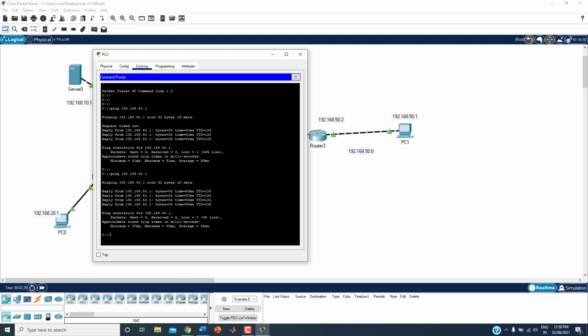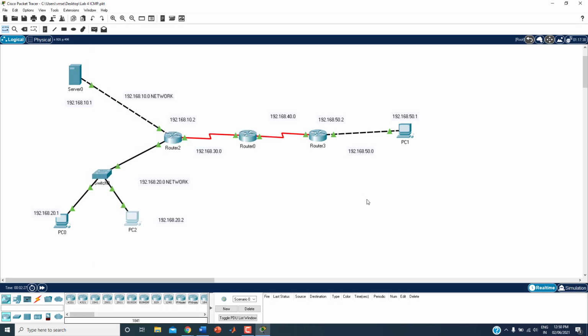Now in this lab we are going to play with the request packet and the reply packet. You can block either one. From PC2, if somebody gives the ping command, I am going to allow the request packet, but the response packet I'm going to block.